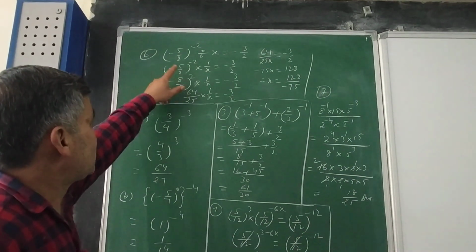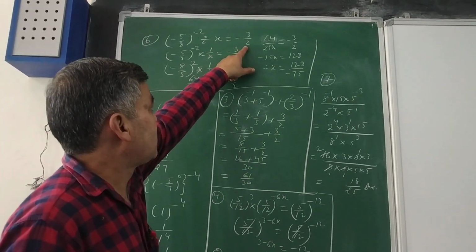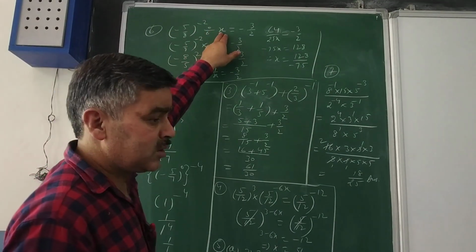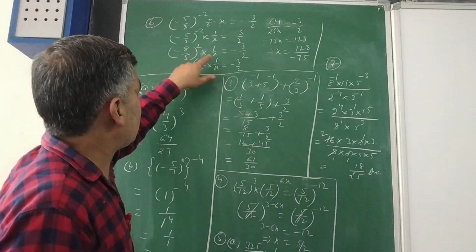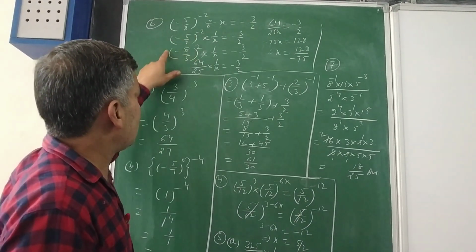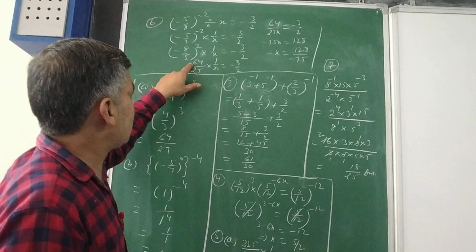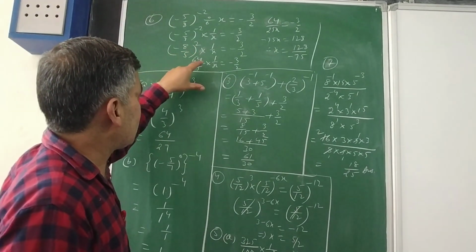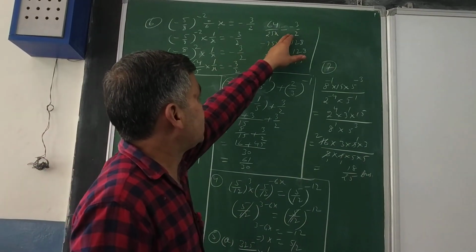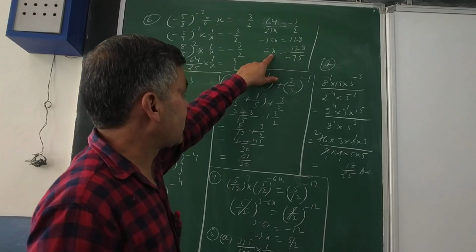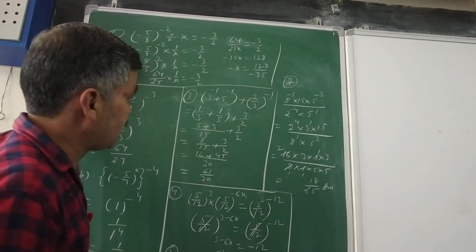6 is by which number should be divided minus 5 upon 8 raised to the power minus 2 so that it results is equal to minus 3 upon 2. Again you let the number is x, then change the sign, take the reciprocal and keep on applying the laws. Power is minus 2, take the reciprocal of base, power will become plus 2. Now minus 8 square is 64, 5 square is 25, so 64 upon 25 into 1 upon x is equal to minus 3 upon 2. Now write this result there, do the cross multiplication, check the value of x, that will become 128 upon minus 75. So that will be the answer for your question number 6.